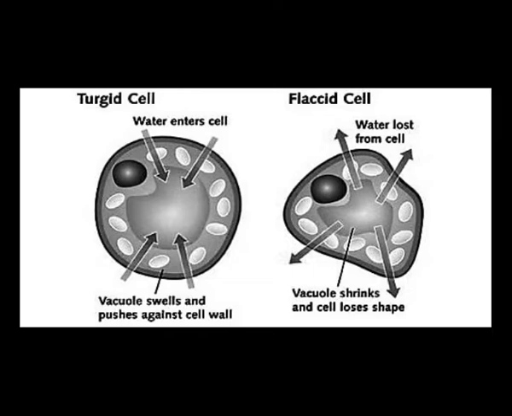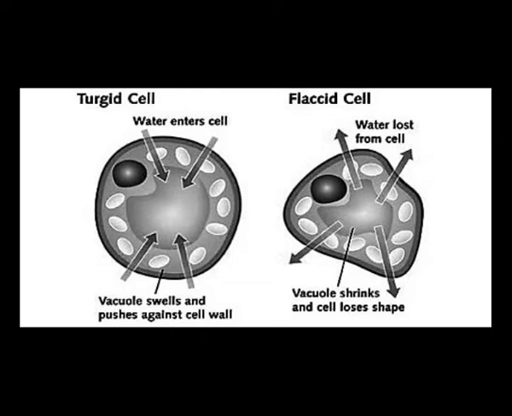Now, turgidity is defined as the state of a cell in which the cell wall is rigid and stretched by an increase in the volume of vacuoles due to the absorption of water, and the cell is then said to be turgid. Whereas plasmolysis is the contraction of cytoplasm from the cell wall caused by withdrawal of water when placed in a strong or hypertonic solution. And flaccidity is the opposite of turgidity, that is, a condition in which the cell content is shrunken and the cell is no more tight. The cell is then said to be flaccid.